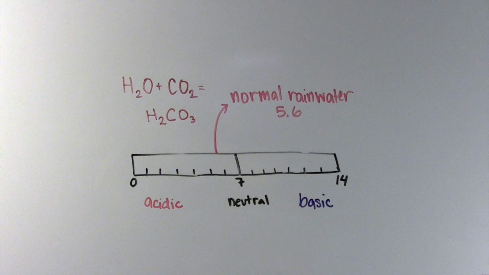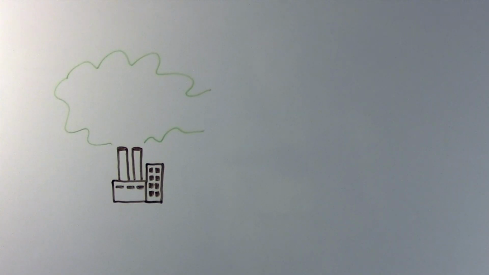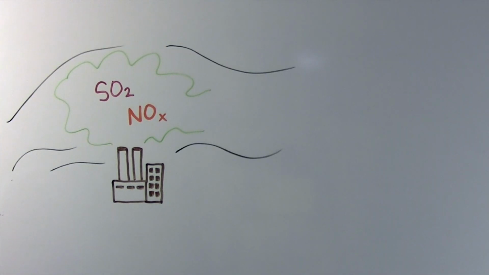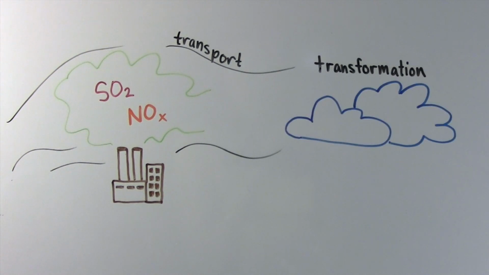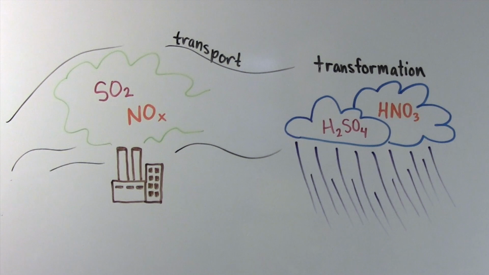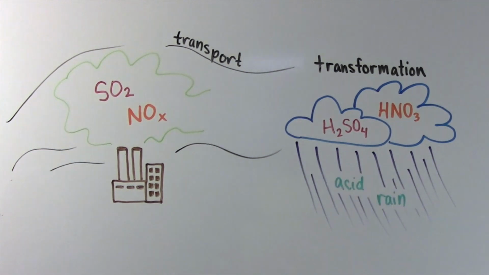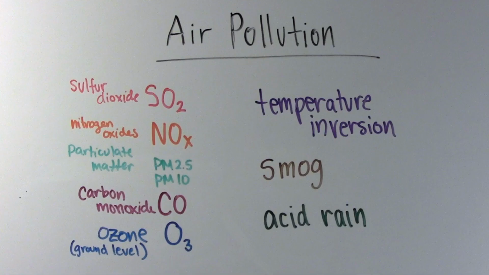Acid rain is produced when emissions of sulfur dioxide and nitrogen oxides are transformed into sulfate or nitrate particles that combine with water vapor to form sulfuric and nitric acids. This produces rain that is very acidic and can damage soil, vegetation, and ecosystems, since plants and animals can only survive under certain pH conditions.